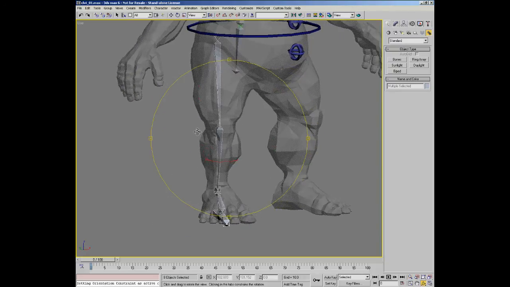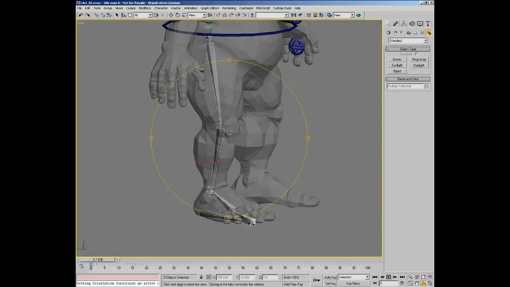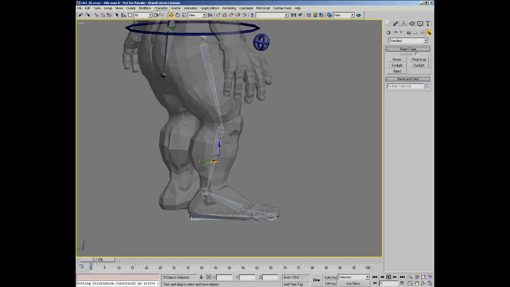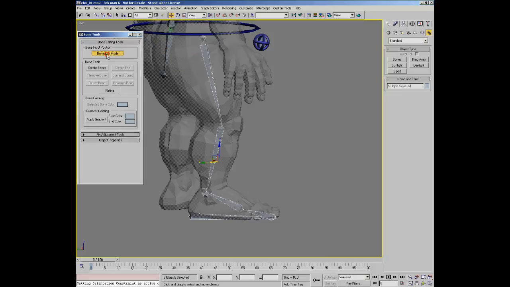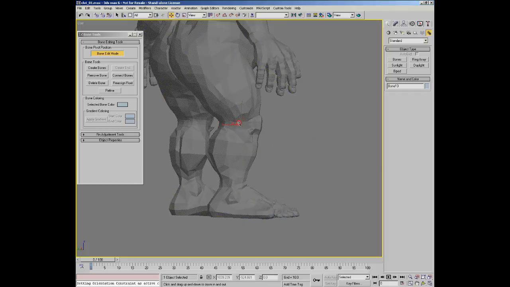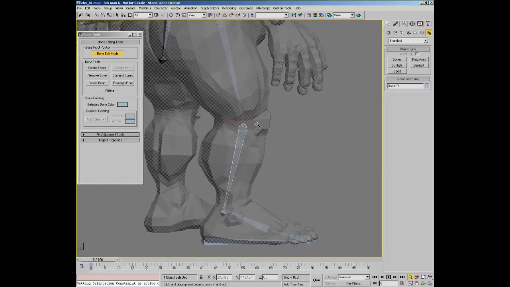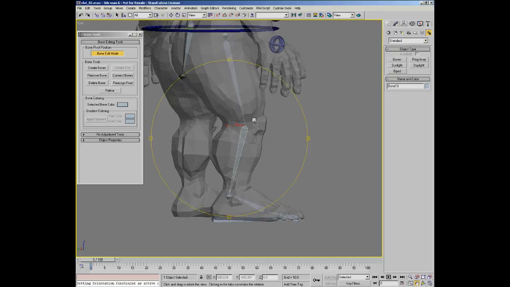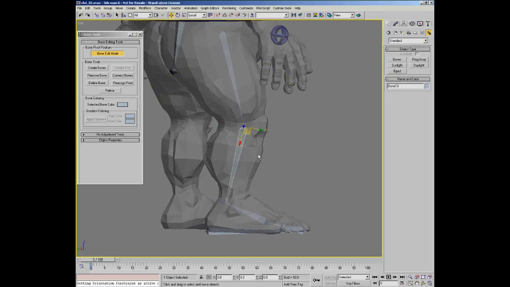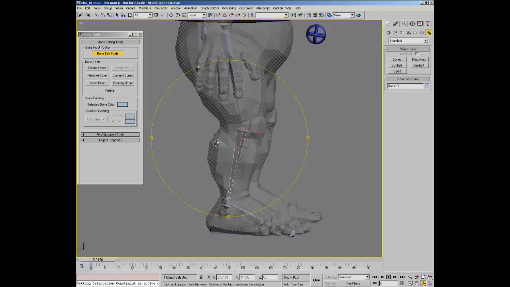Now that I have it rotated about correct, we need to start sizing the bones and making sure that they're in the correct spots. Open the bone tools, and again we're going to use the bone edit mode for this, so we can adjust the pivots of each bone without affecting the others. Again, I'm going to work in local space now so that I don't accidentally move the bones side to side. One of the things you need to make sure